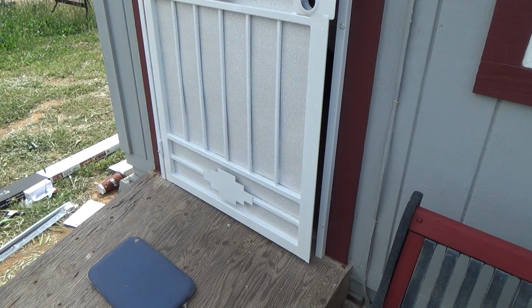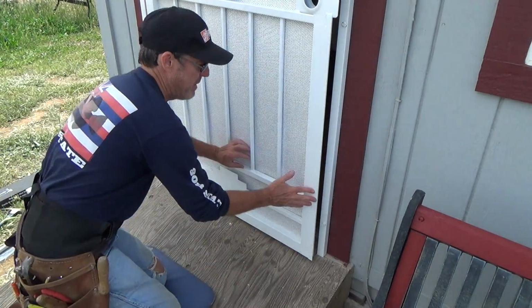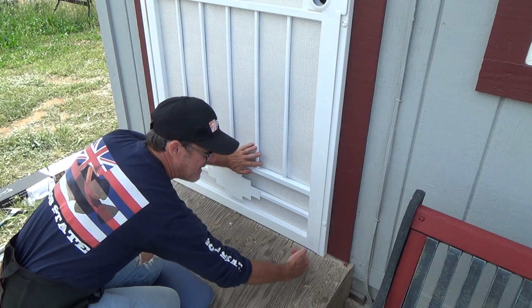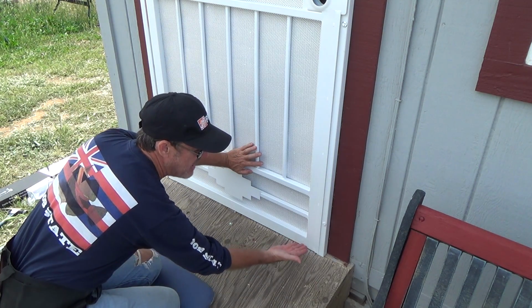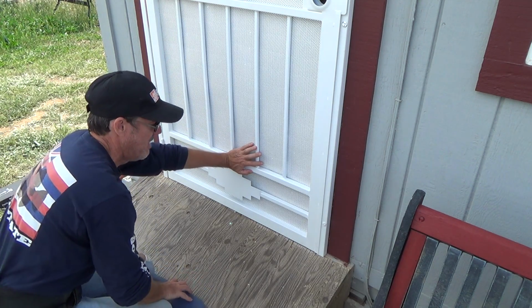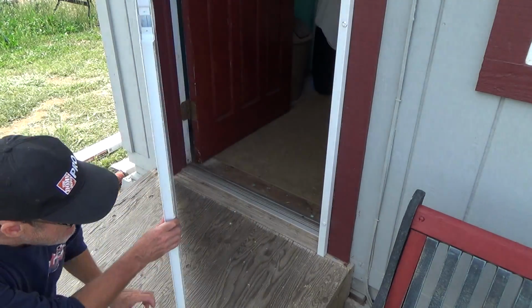Now let's play devil's advocate here. Let's make the assumption that you do not have a ramp that goes up here like this. Let's just make believe that this goes straight down and you've got a step here, or you've got just a concrete pad and you step up, 3 inches, 4 inches, 5 inches, whatever. And so you've got a gap there, and maybe your